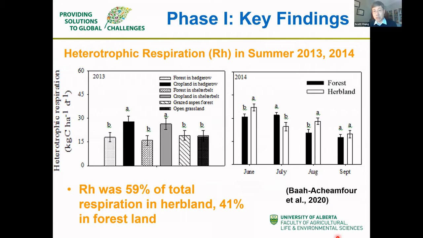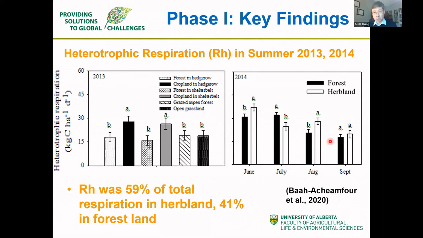The third result I'm going to be sharing with you is also on greenhouse gas emissions, but this is coming from the summer. The key message is, again, with some exceptions because of the interactions that we are seeing, the heterotrophic respiration or the microbial respiration, which contributes to the loss of organic carbon from the soil, was higher in the herbland than in the tree area. Okay, so that would be the key message.